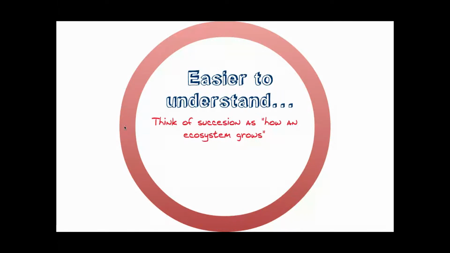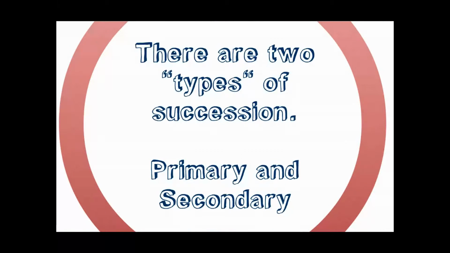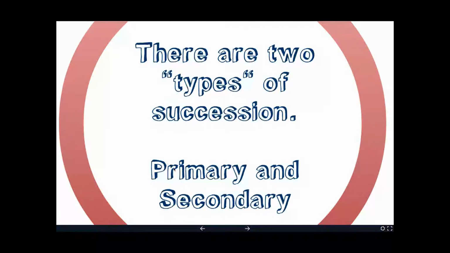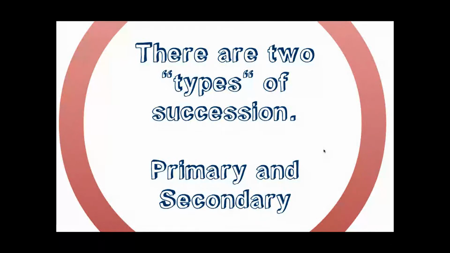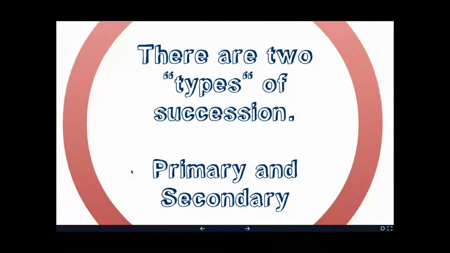Succession is the series of stages that an ecosystem will go through to get to its end, what it looks like, whether it's a jungle, a desert, or a forest. These are the steps that it goes through. And there's basically two types of succession. We call them primary and secondary. They both look very similar, and there's just one major difference between the two. So we're going to start with primary here.